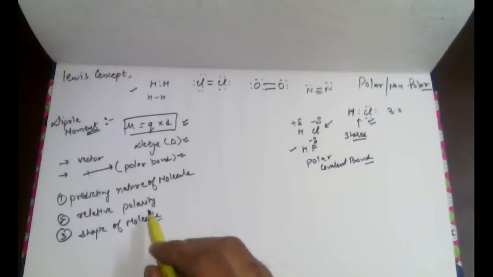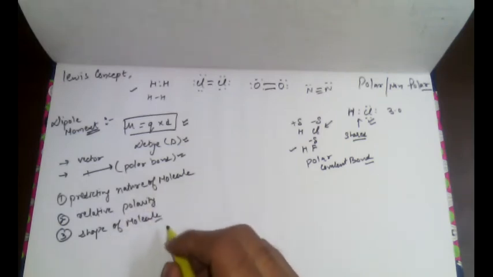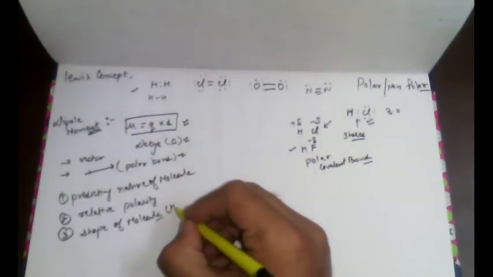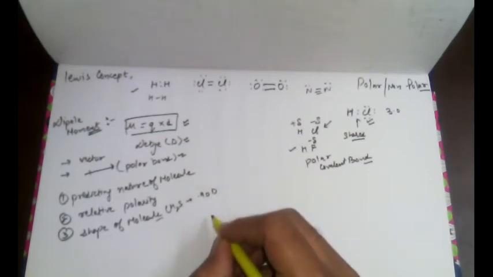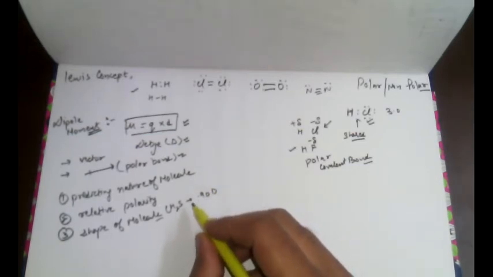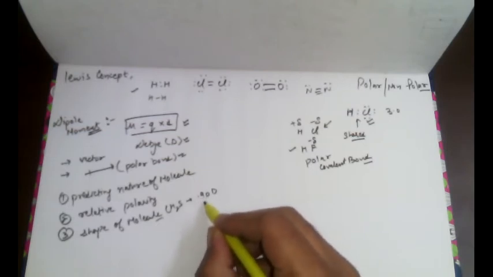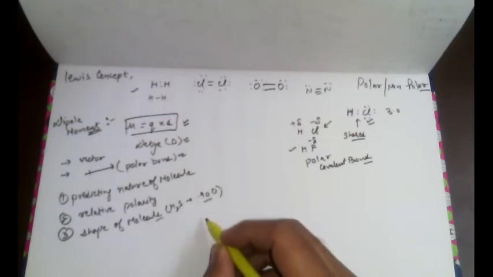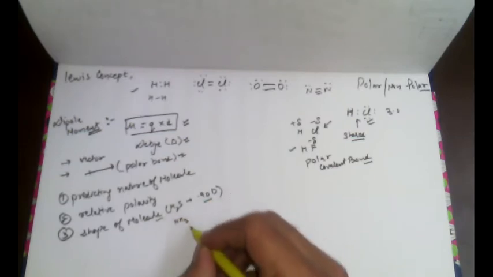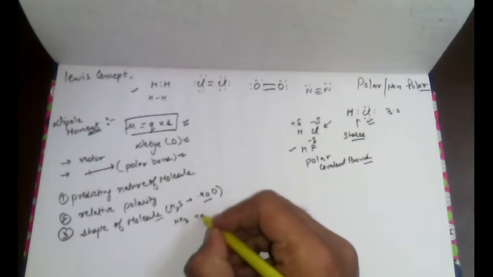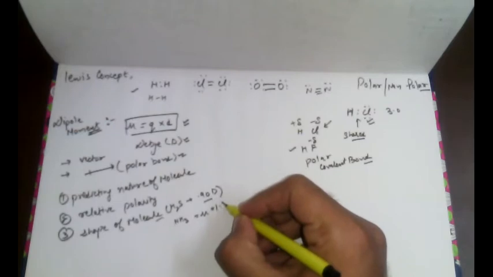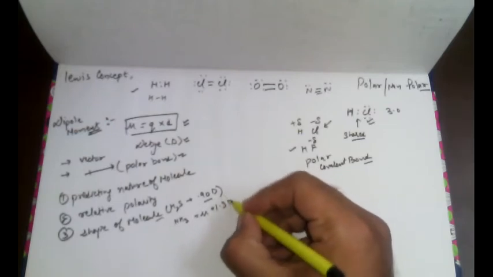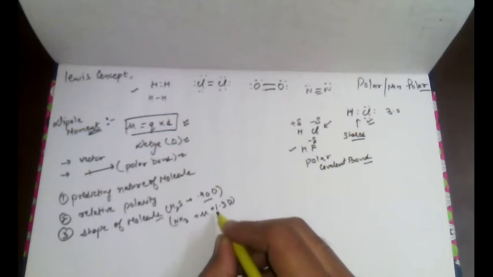Giving an example of the shape of a molecule. Let's take H2S. When we talk about H2S, its dipole moment is 0.90 debye, so its shape would be bent or angular because of its dipole moment. When we talk about the unsymmetrical NH3, ammonia, with a dipole moment of approximately 1.3 debye, this type of molecule is known as unsymmetrical.